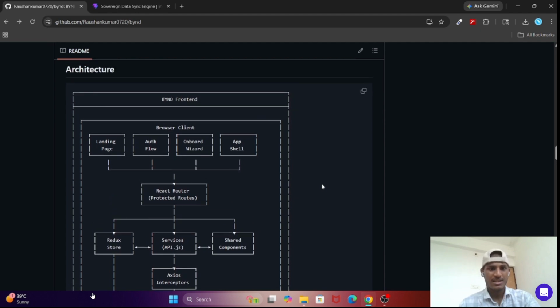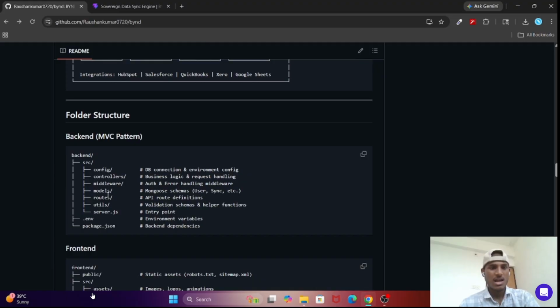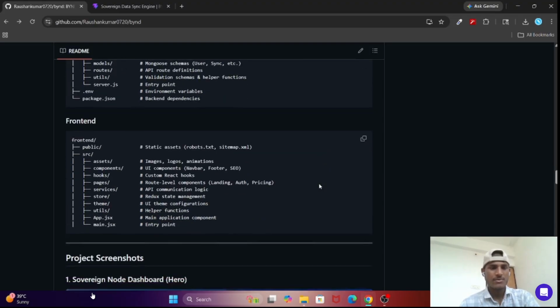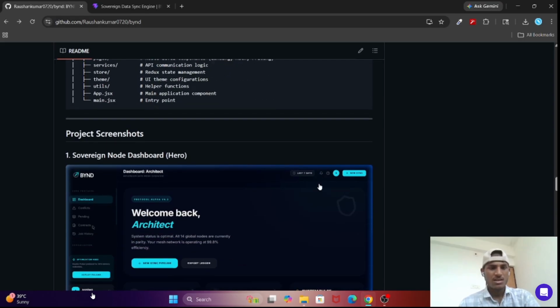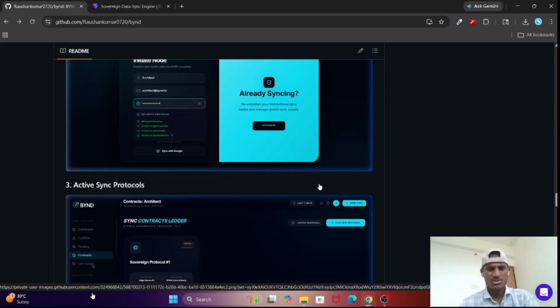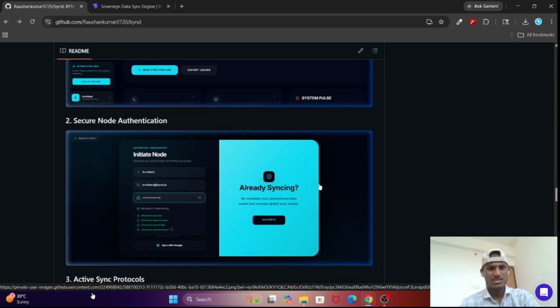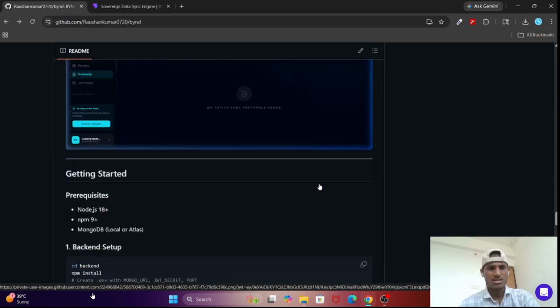You can see the architecture of this website, and what type of folder structure I have mentioned for both backend and frontend. I have also included some screenshots of my original project. You can see I have already shown you my website, so you can match here whether it is fake or real.